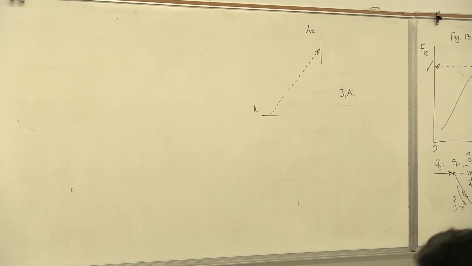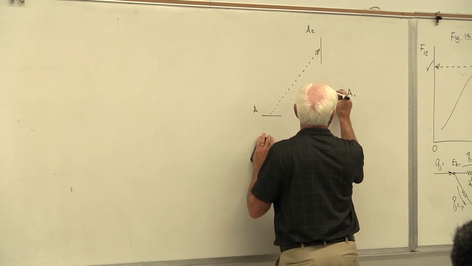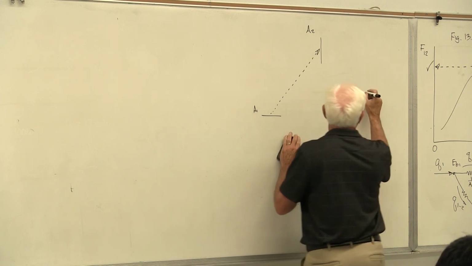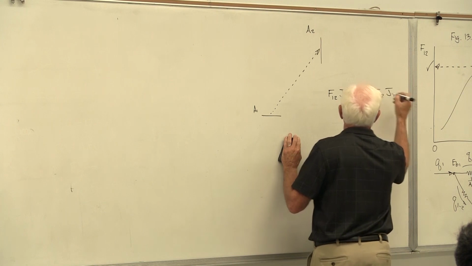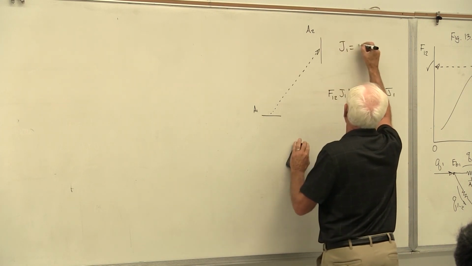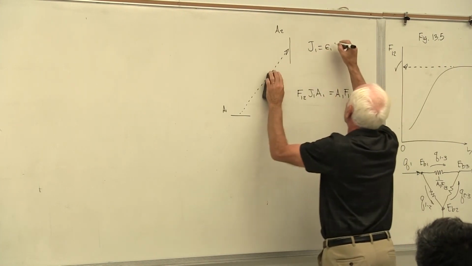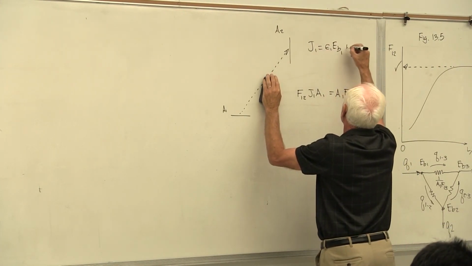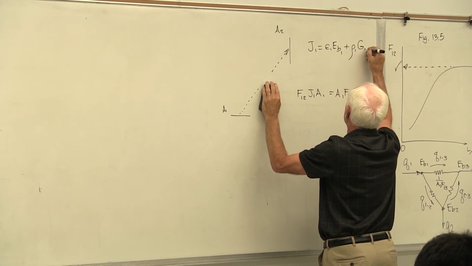Multiply it by an area in square meters and J1 A1 is watts, the total watts leaving surface A1. A fraction of that gets to A2, and we said that fraction is F12. So that was A1 F12 J1. What's J1? Epsilon 1 sigma EB1 plus the reflected energy times what comes in. Surface 1